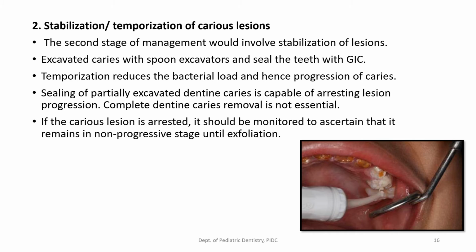So this is called temporization. What temporization does is that it basically reduces the bacterial load in the carious cavity, and once this load comes down, the dentine has the opportunity to lay down the reparative dentine and the tertiary dentine to protect the pulp, and therefore we have arrest of caries progression, or caries progression reduces. And if you're using a glass ionomer, then we have the added advantage of fluoride release in the depth of the carious lesion.